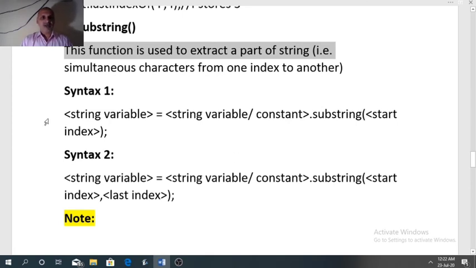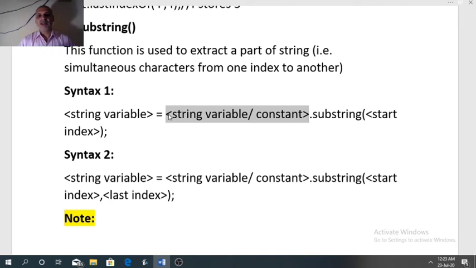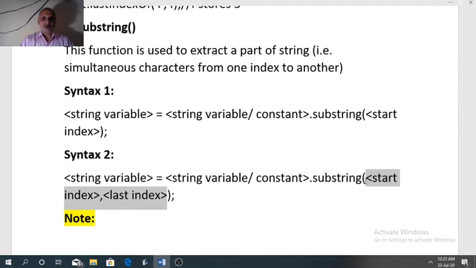Since the function returns a part of a string, we need a string variable to store the result. After the equal sign, we need the source string, which can be a string variable or string constant. Dot, the name of the function substring. In the argument list, in the first syntax we have start index, and in the second syntax we have start index, comma, last index.